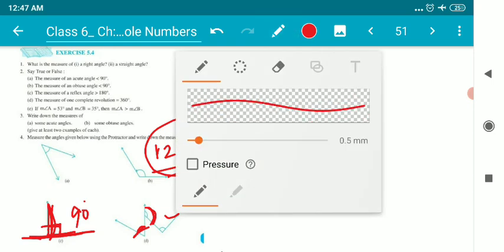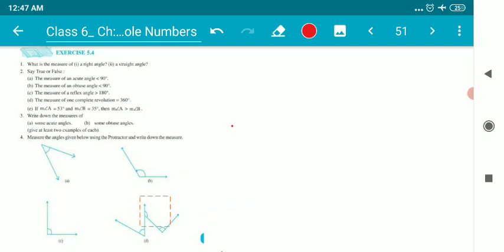So children, your part of the job is to draw a diagram of these angles. You will solve it, you will measure it with a protractor, and you will write down the answers and submit them in the Google Classroom. Nobody will use a pen to draw the diagram. Figures must be drawn using pencil and ruler. Make sure you are using pencil and ruler.